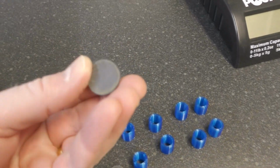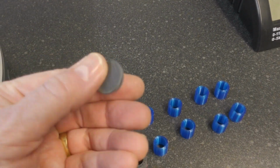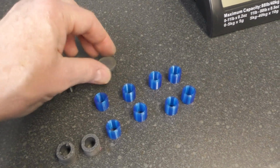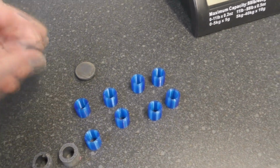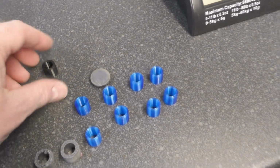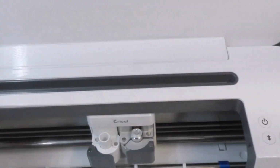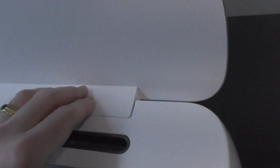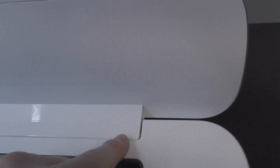Two of my rubber feet were missing, and I'm just printing those out now, again from a file online, using the same blue TPU because it's one I've just unwrapped today. But to get these apart, the first thing you've got to do is open the lid, drop the front. Now this plastic strip here looks like it's part of the lid, but it isn't. It is a cover, and you can, with a spudger,